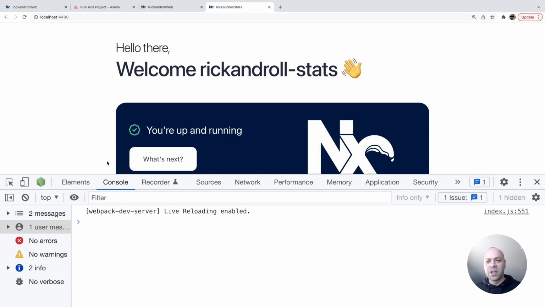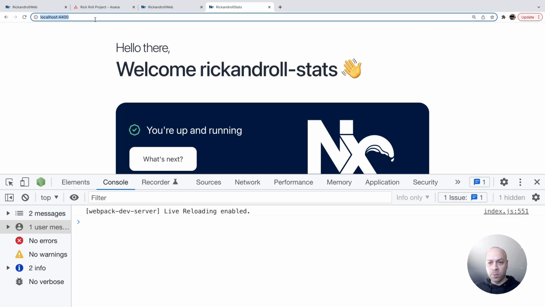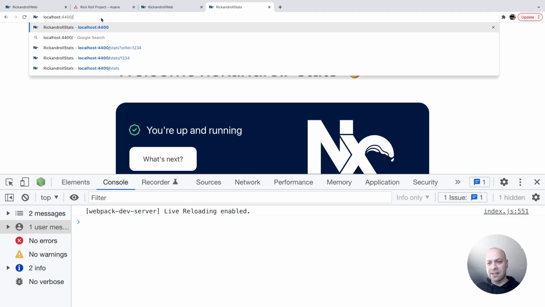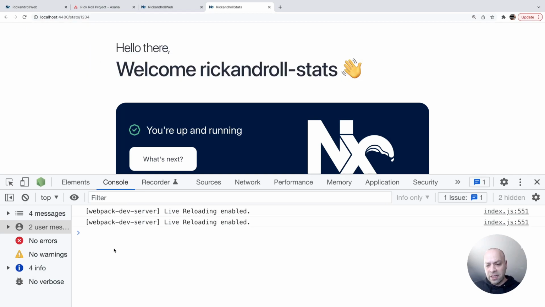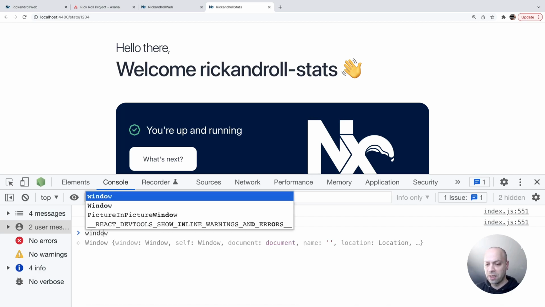But as I said, we need to work out which URL we're actually interested in viewing stats for, and there's a couple of different ways we can do that. It's got to be something in the actual URL itself, because we're not providing any other means of identifying which user has created a particular short URL. So, for example, in our stats app, we could do something like stats-/1234,